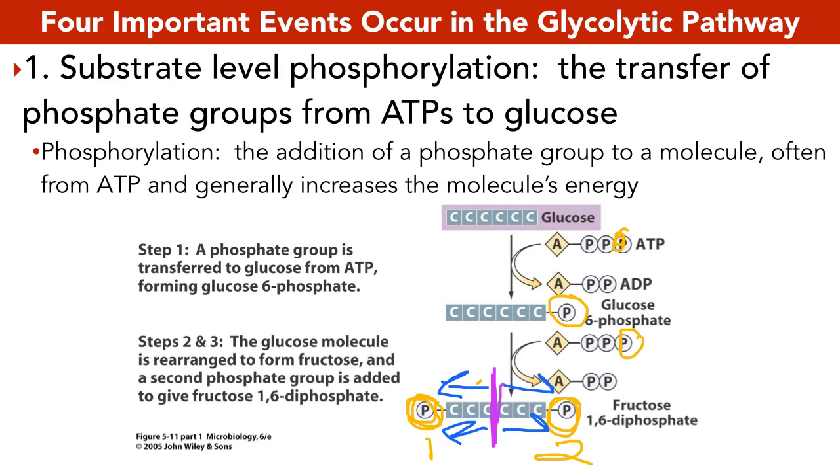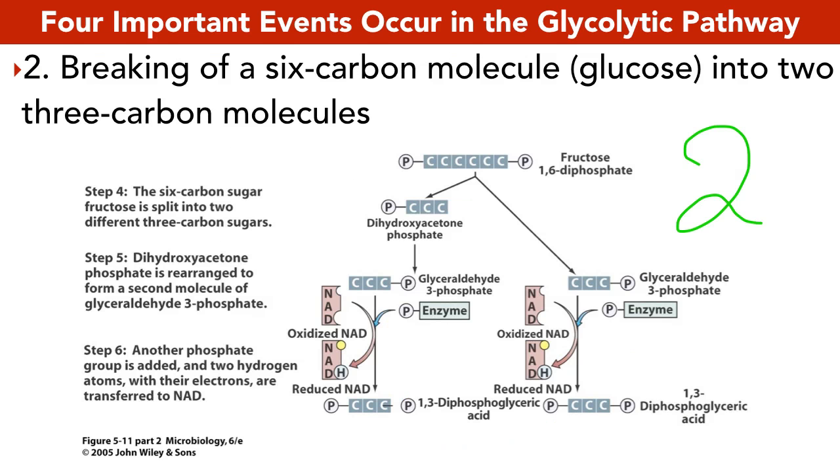Now, did this require oxygen? You see any oxygen factoring in there? No. No oxygen was required for this. We're not going to see oxygen use in glycolysis. Okay, no oxygen was required. So now we have broken that glucose, and hence the term glycolysis, right? We're splitting glucose into 2 3-carbon compounds. All right?